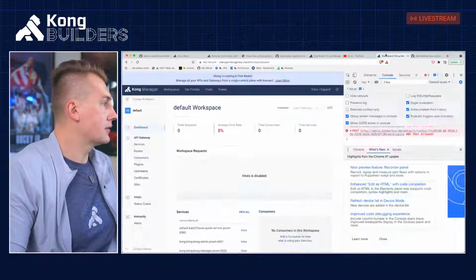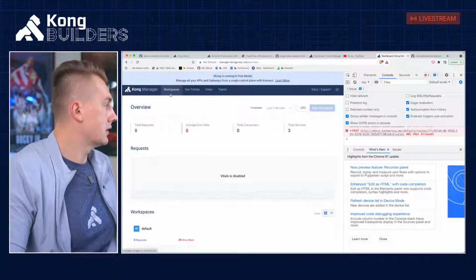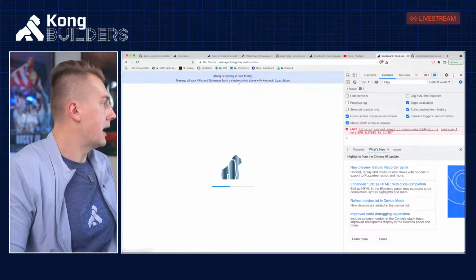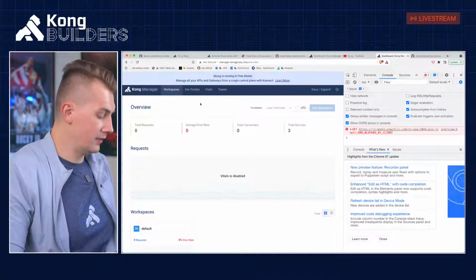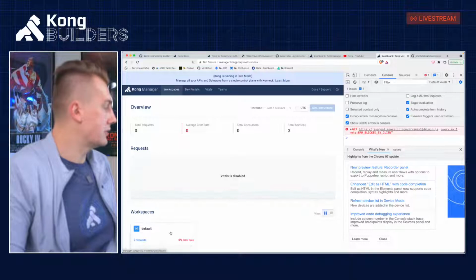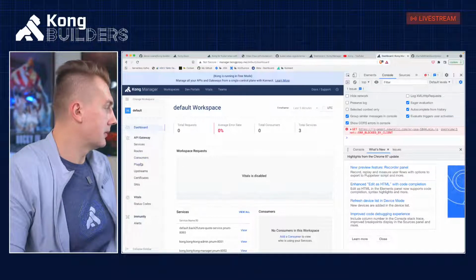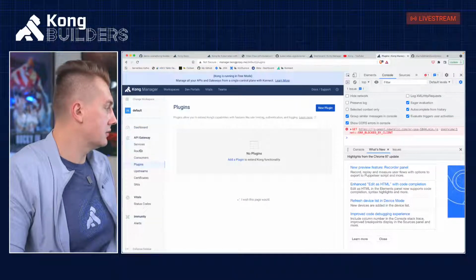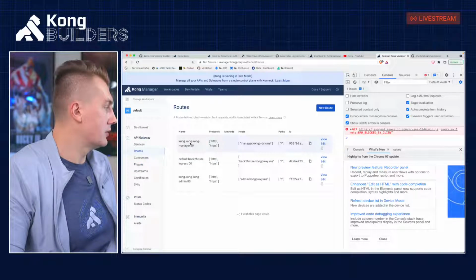So I'm going back to Kong Manager. Click refresh. Now it runs in the free mode. I enabled the database, so I should be able to enable plugins. And I go into my route, my Back to the Future.